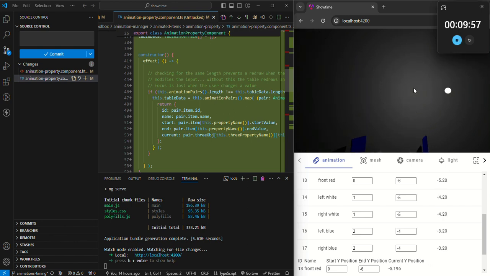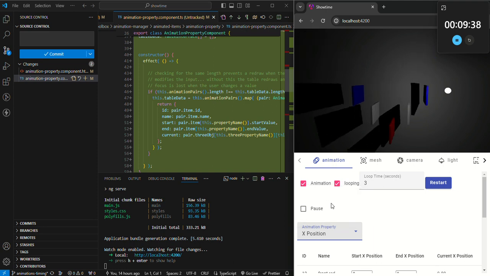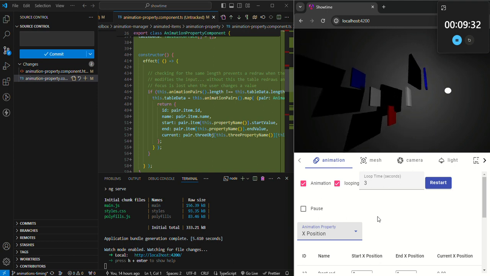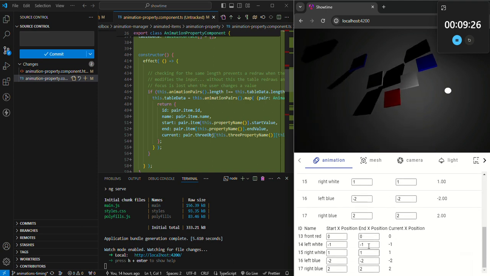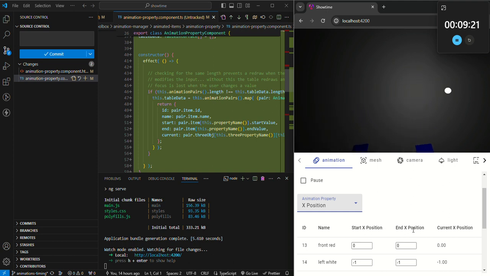Hey everybody. So yesterday I fixed a bunch of weird little bugs with the animation, and I added the selector in the animation so that you could select which property you were looking at. I had mentioned adding the Z position today, but I ended up deciding that I didn't really like the way this table looked, and I wanted to use the material table, and I think that makes sense